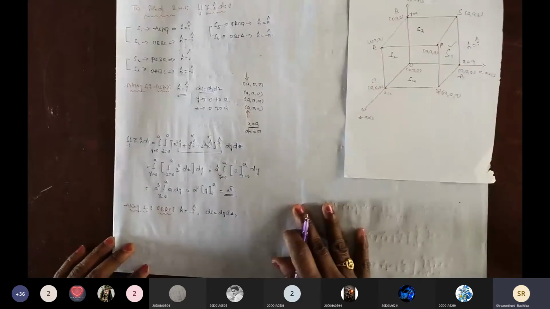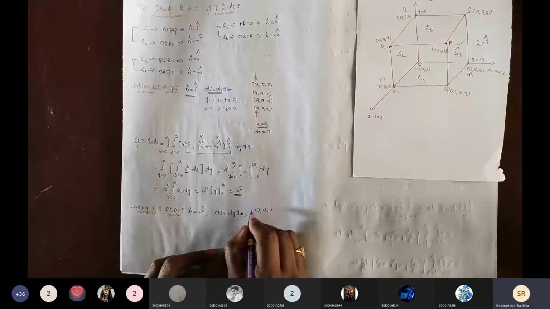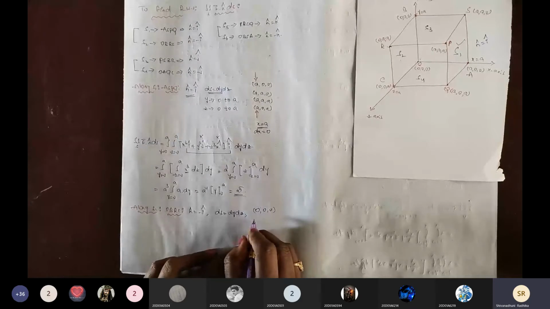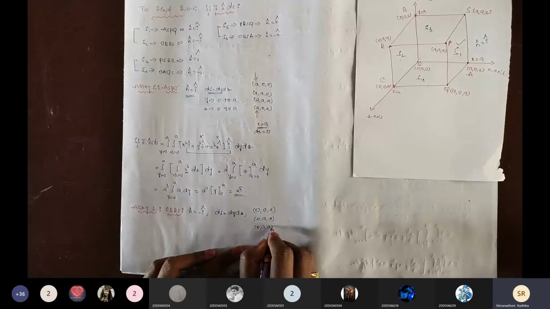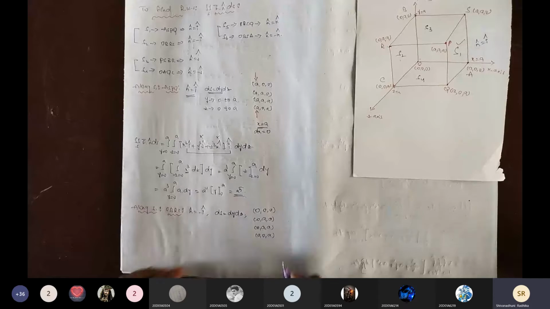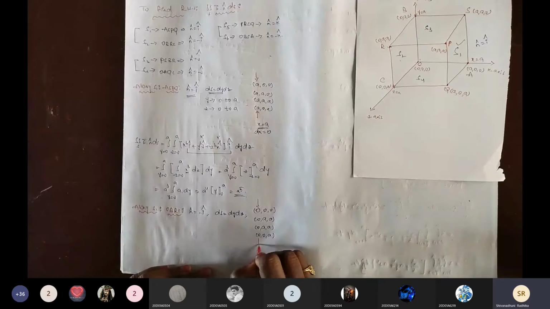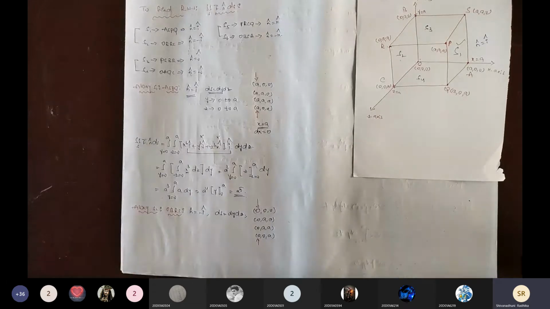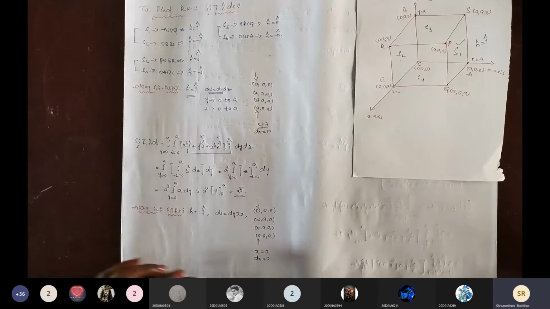And we write the points. What about the points here? The points are O: 0, 0, 0 and B: 0, a, 0, or 0, a and C: 0, 0, a. Which variable has the same value? This is x equals 0. The x coordinate has the same value, so it is the differentiating variable; x equals 0, then the derivative is also 0.